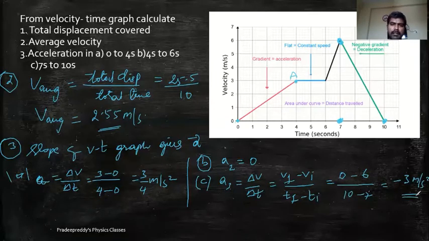And remember that 0 to A, it is positive acceleration. This is acceleration positive. And here acceleration is equal to 0. And here acceleration is positive. And here acceleration is negative. Clear? So from this whole graph, as it is a velocity time graph, you have a dual advantage. You can find out displacement as well as acceleration just by calculating slope and area.